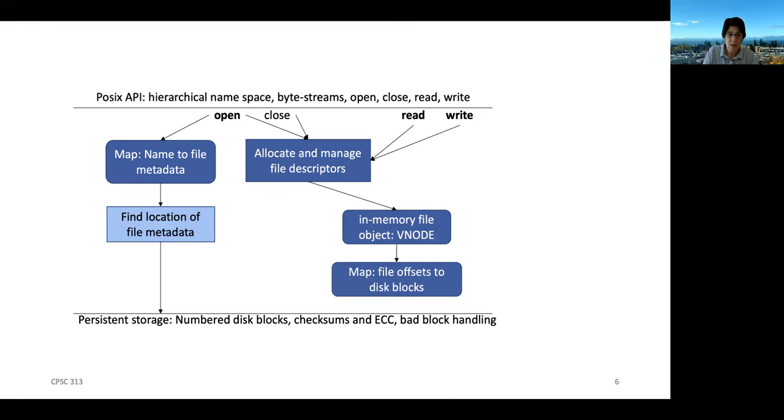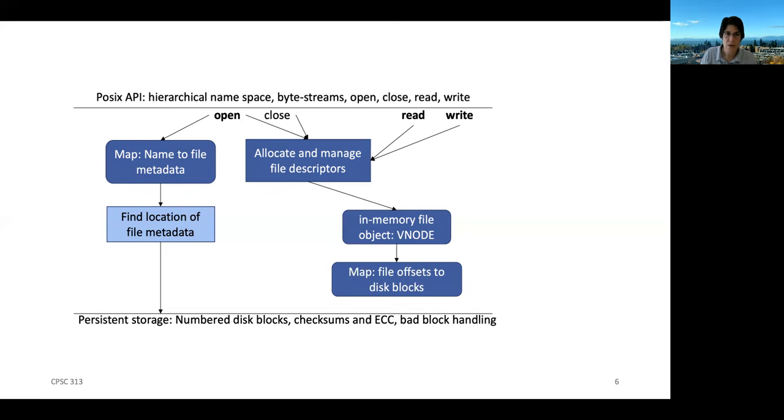And that mapping is going to provide a way for us to go from a file offset to some location on the disk. And so from an algorithmic point of view, what read and write have to do is take an offset, find the right block on the disk, and either, if it's a read, bring it into memory and then give you some bytes from it,